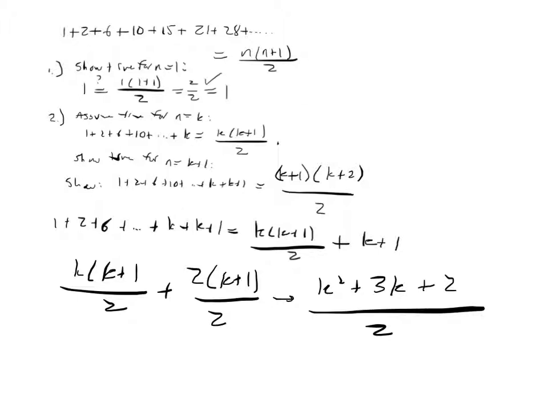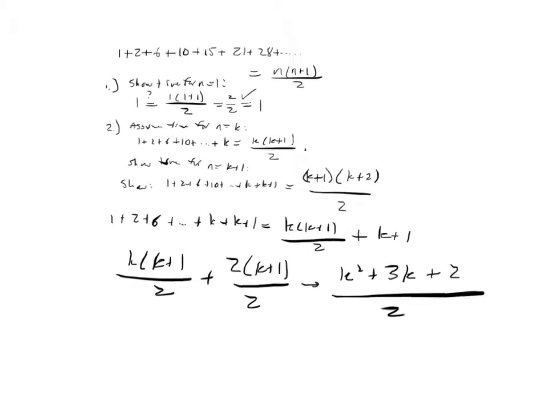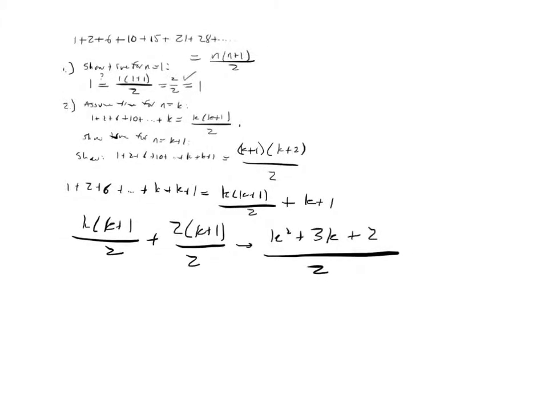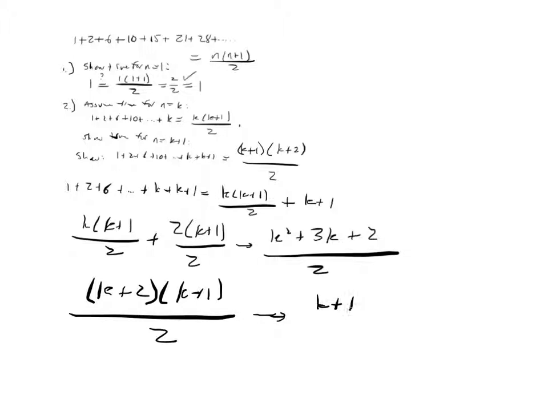And then I can factor that expression, and I get k plus 2 times k plus 1 all over 2. And then I can rewrite it as k plus 1 times quantity k plus 2